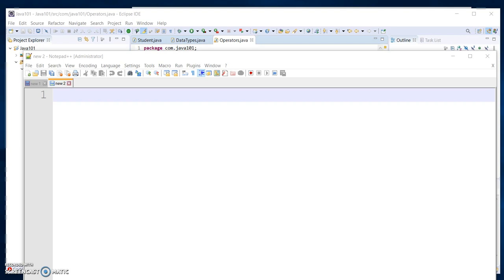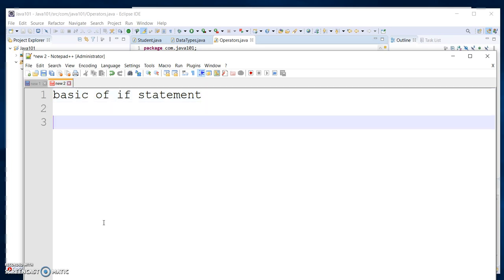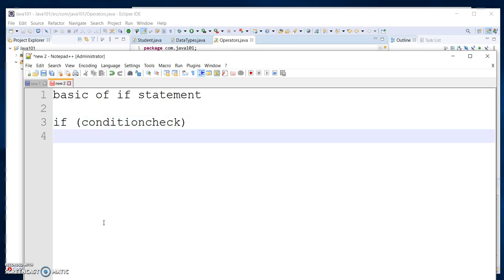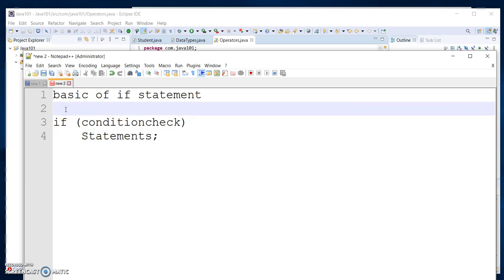So the basics of, okay, let me write, basic of if statement. We already did some of the if statements, but we're just going to do it again and try to understand the logic behind it. Okay, so we are going to put if, and then we say condition check, and then we can put the statements, okay? Statements, যেমন ধরা যাক আমরা যদি বলতে চাই যে let's say we have an int a equals 5